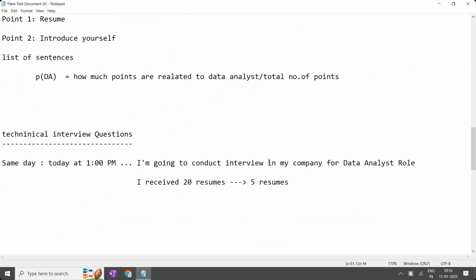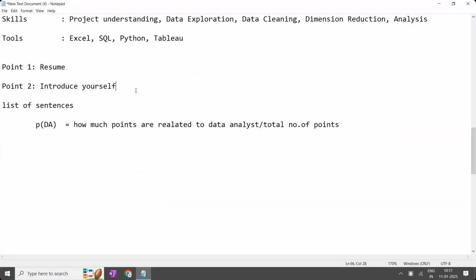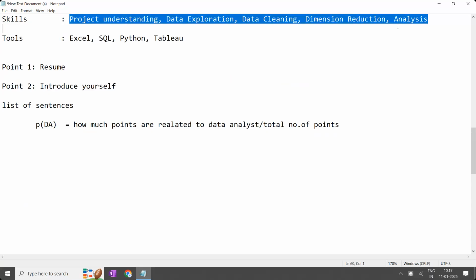All these things. Now this is more important, guys. How are you going to introduce in the introduction? If you say, sir, I have completed recently one project where I have done the data exploration, and I am going to say skills. I have collected the data, and after collecting the data, I have done the data exploration initially, followed by data cleaning, and I have identified some of the unimportant columns, and I have dropped them, and finally I have done the analysis.